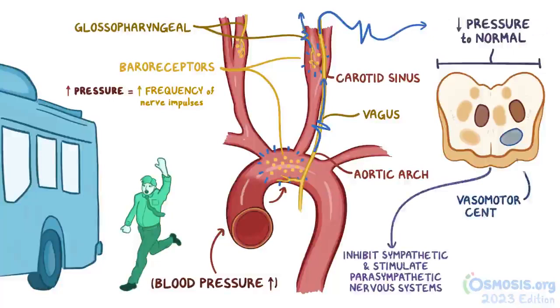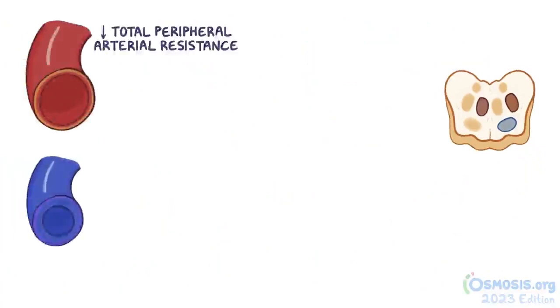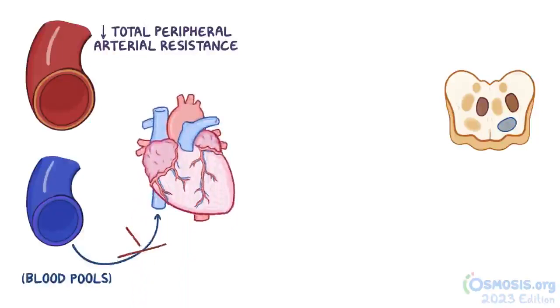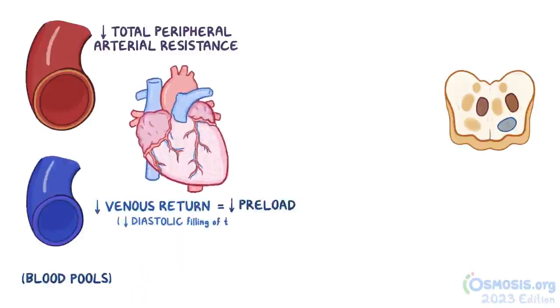Specifically, the vasomotor center decreases the vasoconstrictive effect of the sympathetic nervous system. In other words, the arterioles dilate, decreasing total peripheral arterial resistance, and there's decreased constriction of veins, which allows blood to pool in the periphery rather than returning to the heart. Decreased venous return means that there's less preload, or less diastolic filling of the heart, and that also decreases cardiac